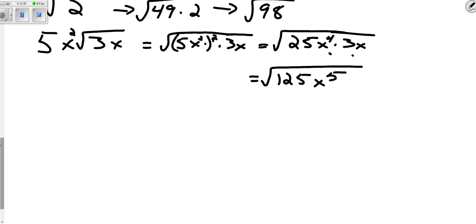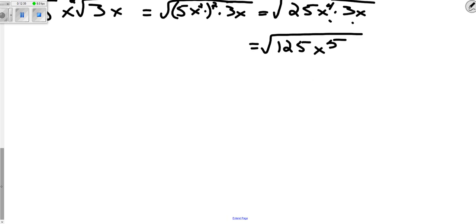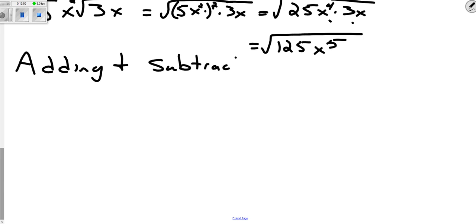Now that we've done a little review, is that an exponent 5 or is it a big number 5? Exponent 5. I know why that's not square because this is